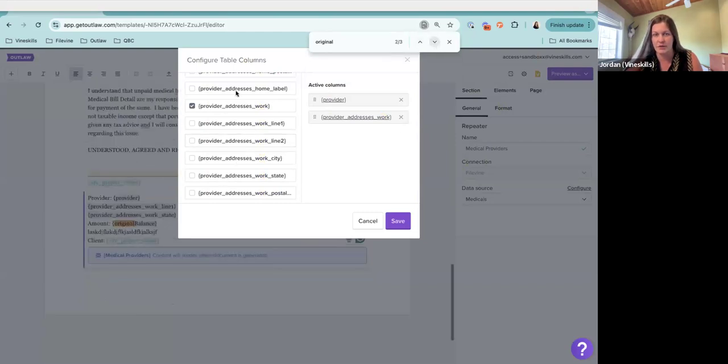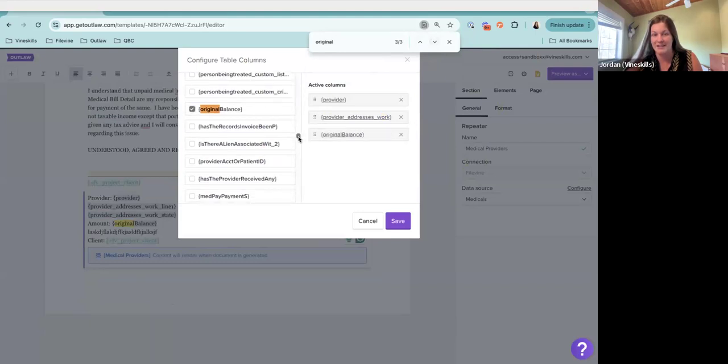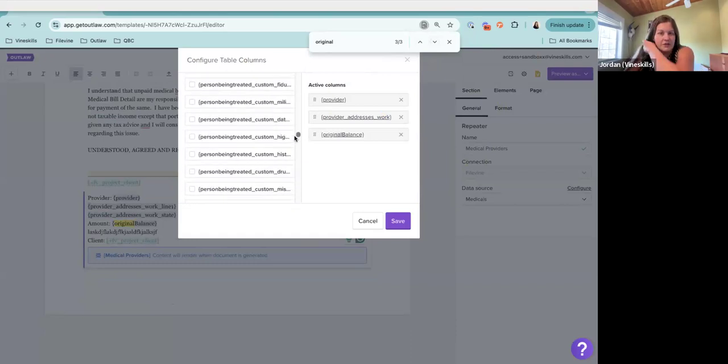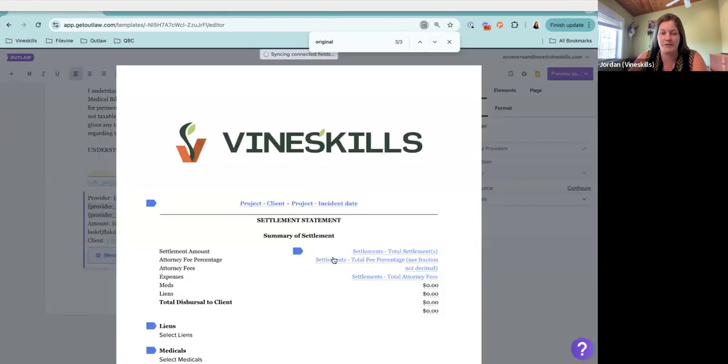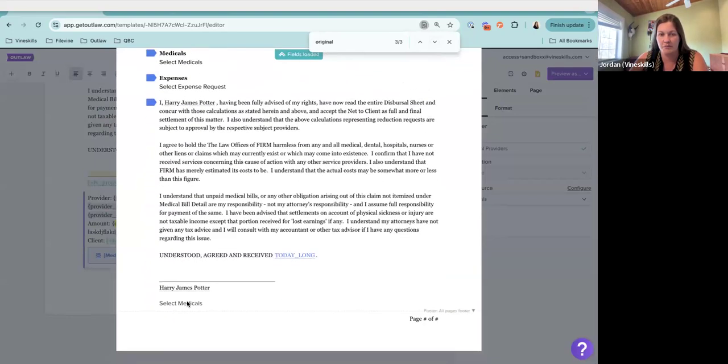Perfect. So I'm just searching through the collection section here to find it, just because, as you can see how small this little scroll bar is, there's lots of different options. So instead of scrolling through all of those, we can just go ahead in and select those. And now when I go back to preview this, we should have some information that we can pull in from